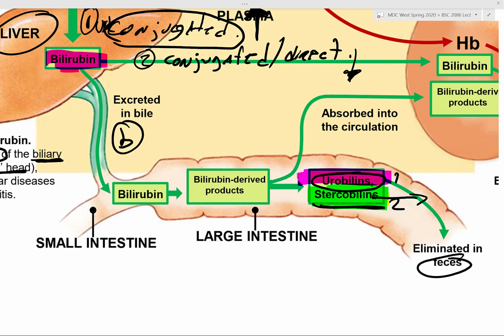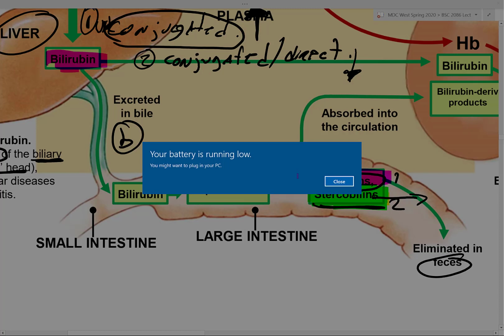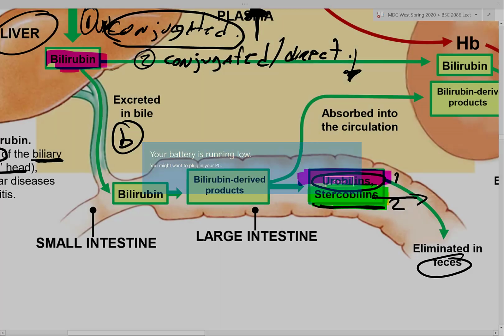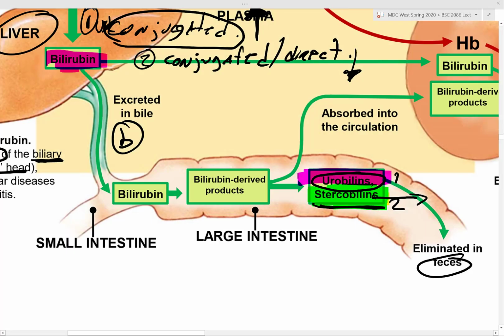All right? If your stools are towards the really dark color or black, that means that there's some sort of what? Bleeding in your feces. You don't want bleeding, because bleeding in your intestines, as the iron gets oxidized, is going to give you this dark color. Does that make sense? If your stools become green, that means you eat too much green things. Sometimes you get black stools, but that's because you ate too many prunes or something like that. Something that has that color, like he said, Oreos. So if you eat like 3 boxes of Oreos, most likely your stool is going to look like Oreo color.